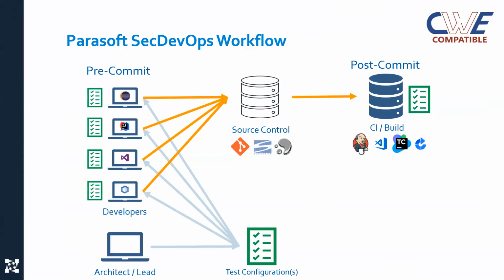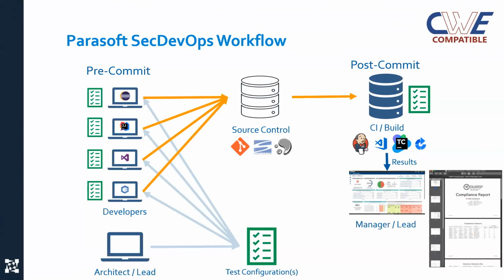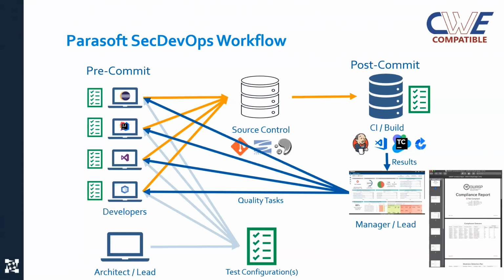We integrate into the build scripts through a command line interface, but we also have plugins for the CI platforms that will take the results of the security analysis and use that to gate the CI/CD pipeline. And then, round tripping it, we send those results to the dashboard, as we were just showing, and then bring the results or the quality tasks directly into the developer's IDE. Again, this provides both a safety net and the ability to do a full code analysis of the entire code base, giving greater visibility into what's going on from a security compliance perspective.